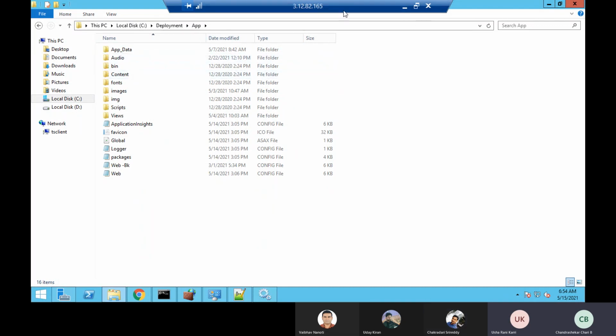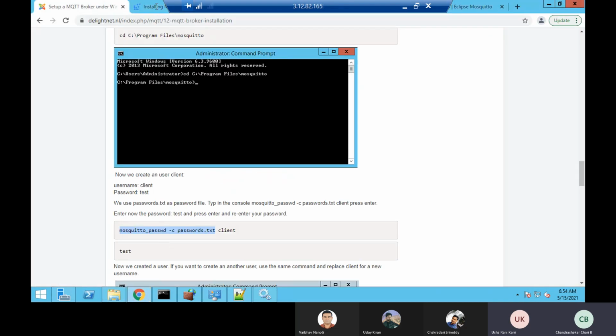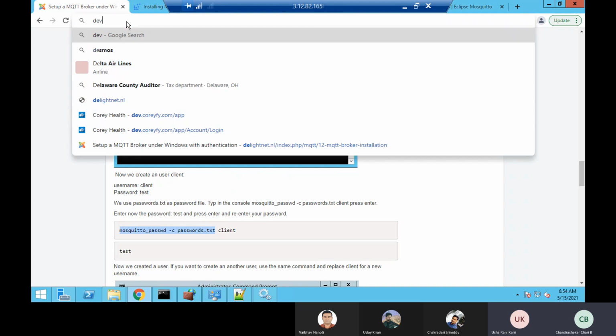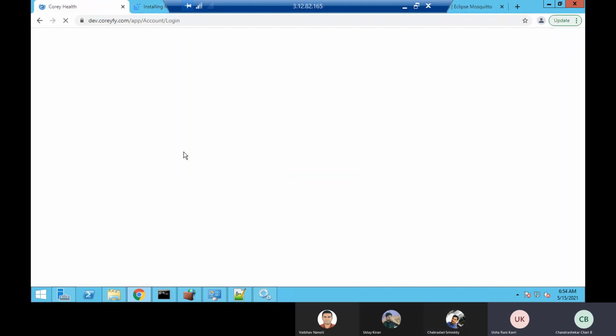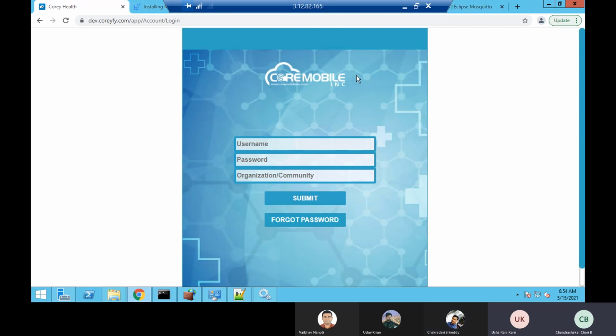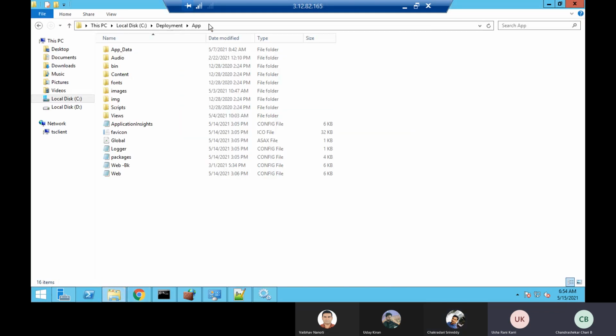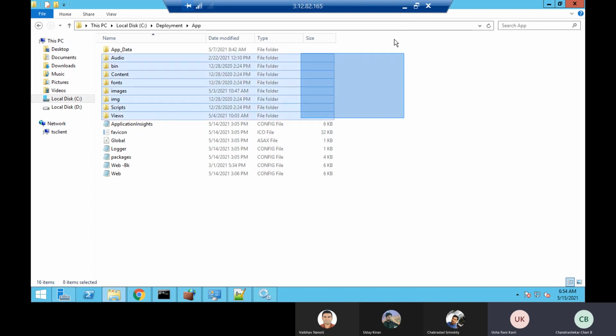You can see here, this will be browsed through dev.corify.com. This is the application where the background code is in this deployment / app. You got it? Yes. This is only the artifacts.